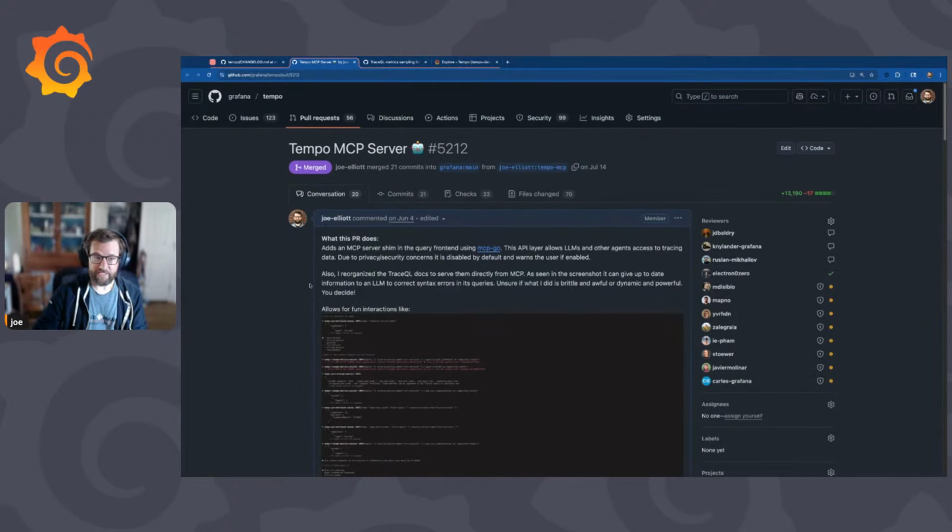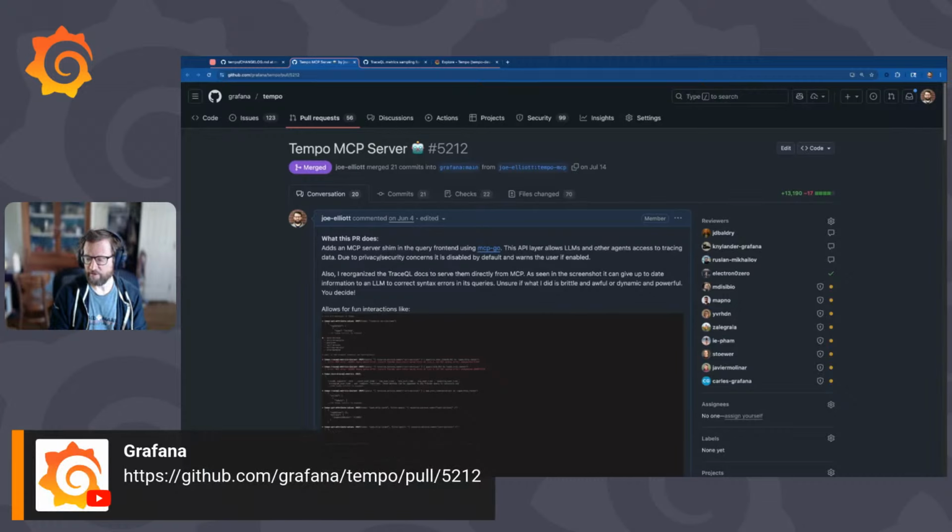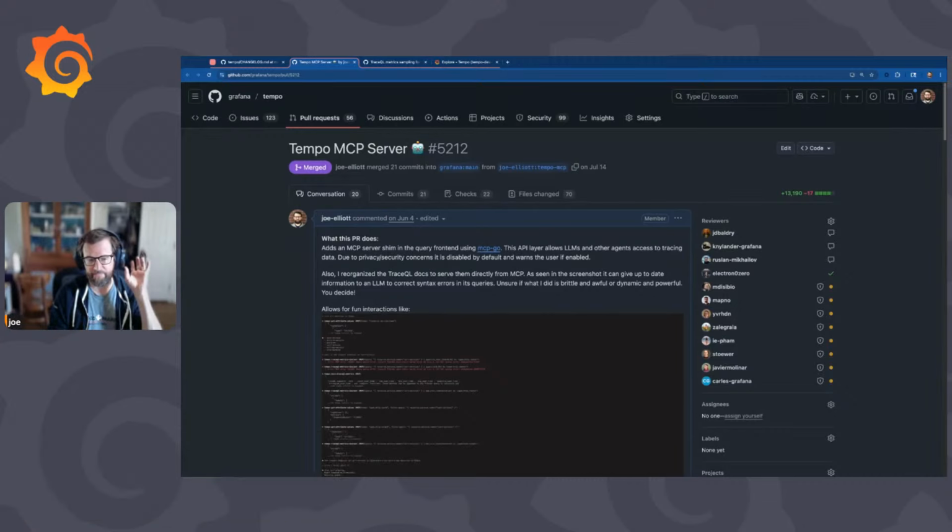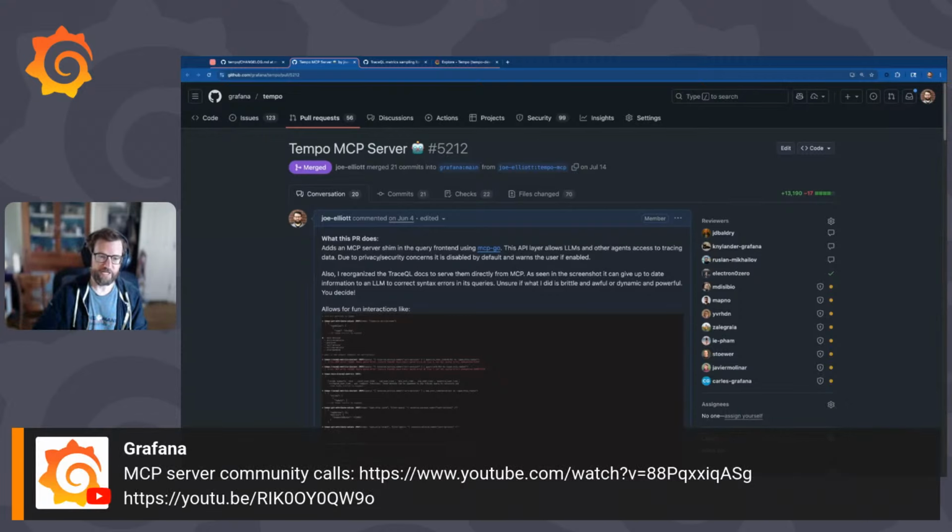This is one we've talked about extensively. This is one of the major features in 2.9, native MCP support. We've talked about it the last few community calls. Please go back and watch them if you're interested in live demos and some other detailed discussions. But the native MCP server means you can spin up Tempo directly with no shims and no special stuff, and point Claude Code, point Cursor, point whatever your favorite tool is at the Tempo MCP server,